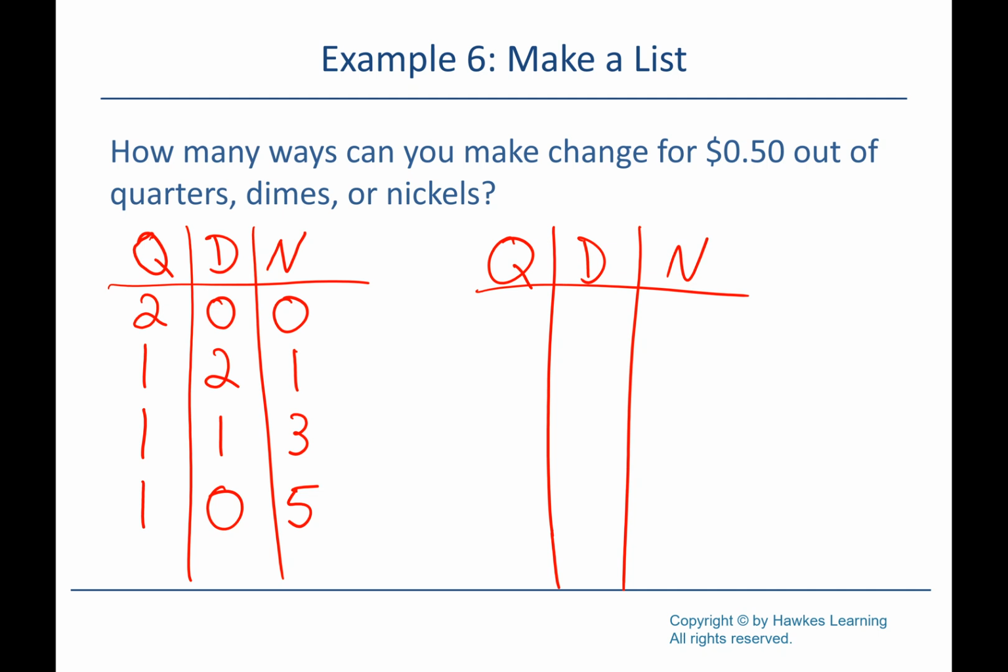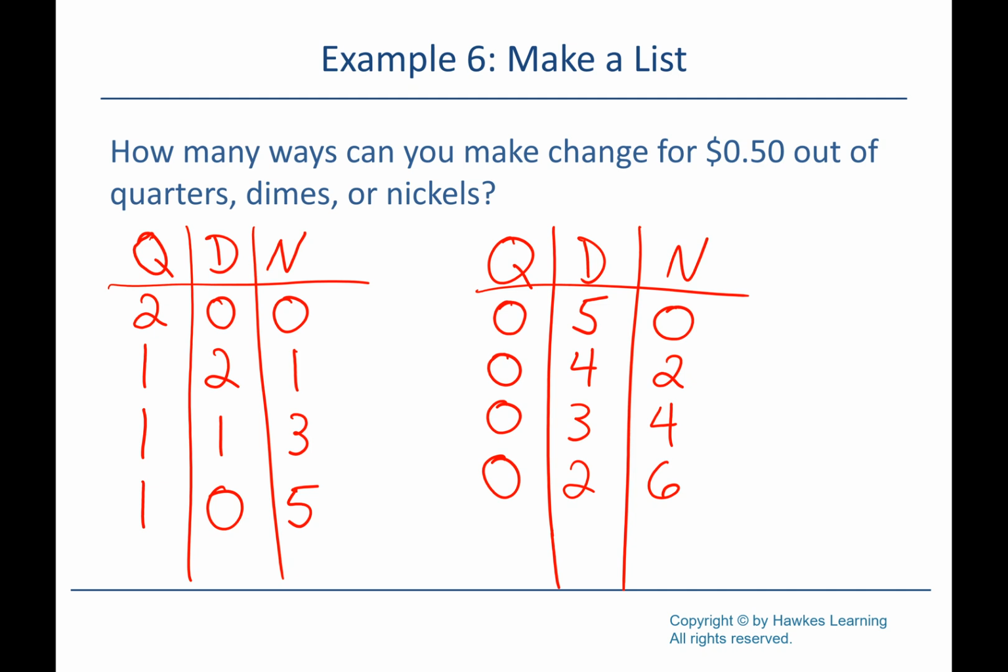So, and then there's no other way we could do it with 1 quarter, so next we'll start using no quarters. So what's the most number of dimes we could use then? 5, yeah, we could do 5 dimes and no nickels, so it would be 50 cents. Okay, or 4 dimes and 2 nickels, or 3 dimes and 4 nickels, or 2 dimes and 6 nickels, or 1 dime and 8 nickels,